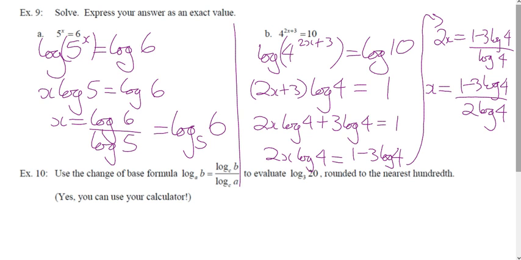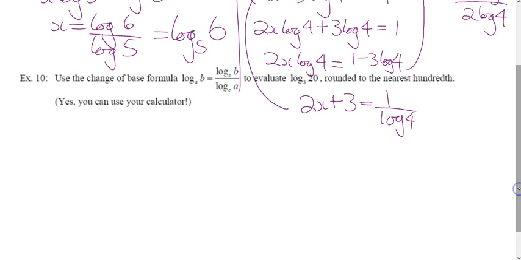Okay, and then there are many variations of that. You can't divide out a log. Log is an operation. Oh, divide the log. Yeah. So go 2x plus 3 equals 1 over log 4. Okay, so alternative B. What do we got? 2x plus 3 equals 1 over log 4. 2x is equal to 1 over log 4 minus 3. X is equal to